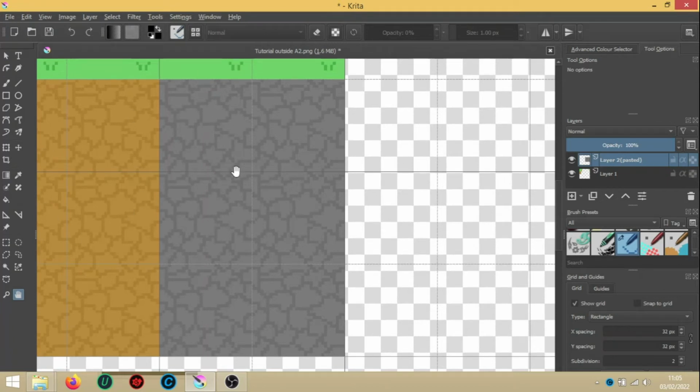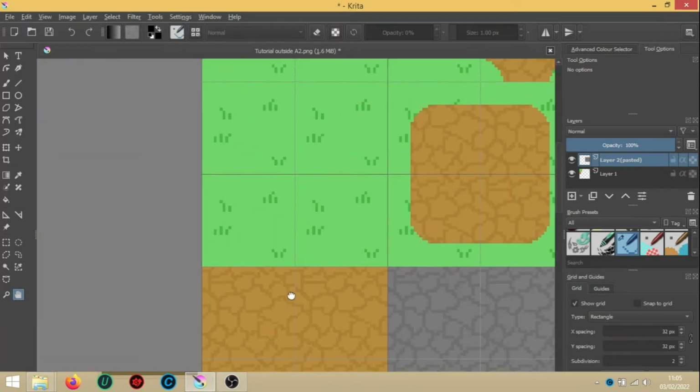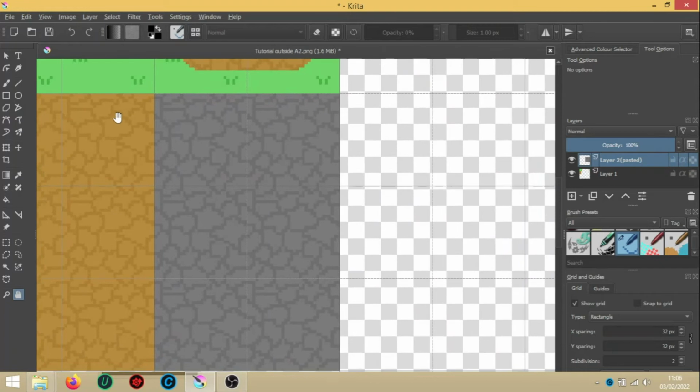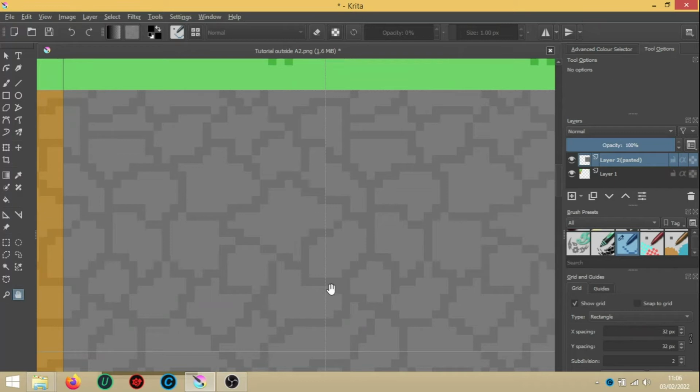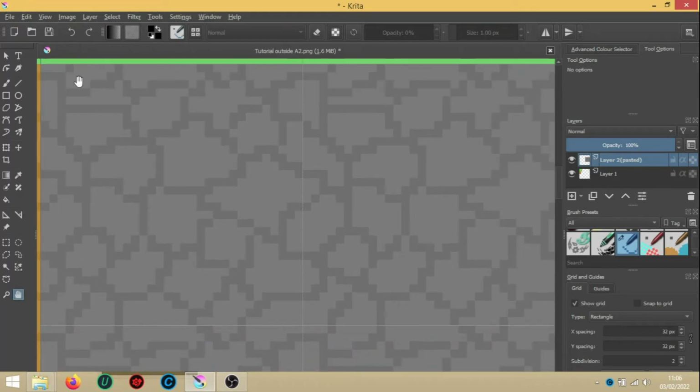We're just going to add some highlights and some shadows to give this a little bit more of a 3D effect. Not too much, because we're sticking to the 8-bit style here. You can make things as detailed as you want. You could even do that with the dirt if you wanted to. So what we're going to do is zoom in on one of these sections here, because of course we can copy and paste this set of 32 pixels. So the first thing we need to do is to grab our colour here